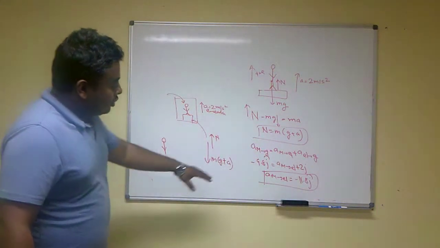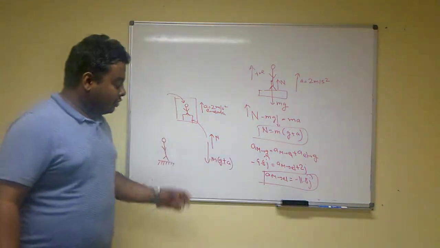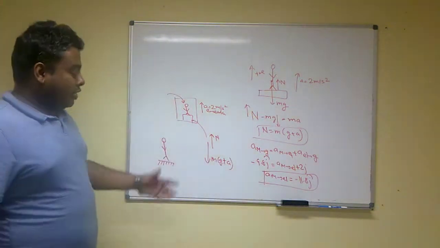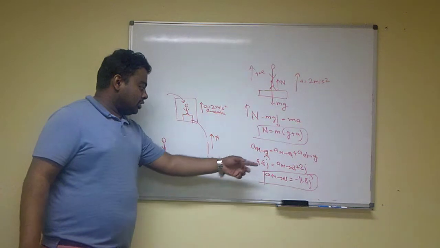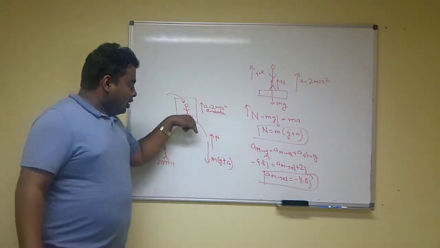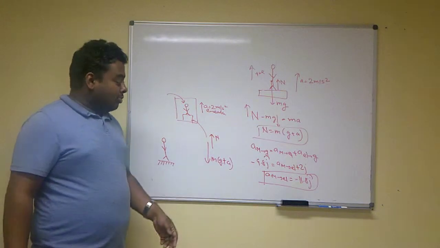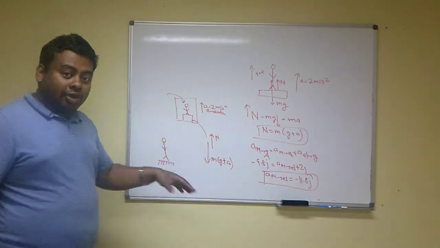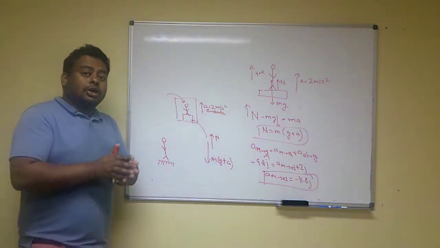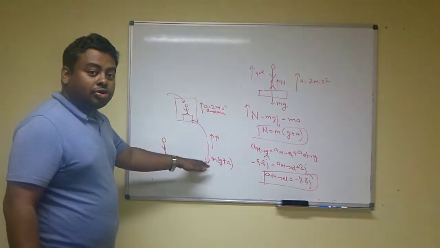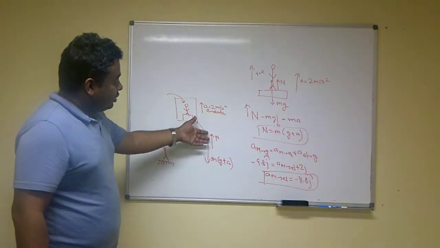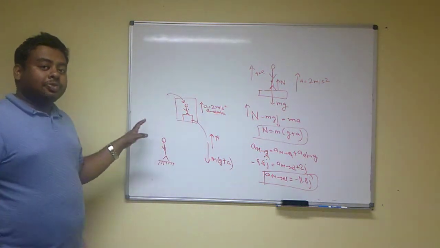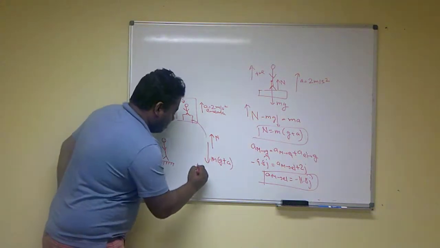Okay, so now you are solving this problem in the elevator frame of reference. You are trying to figure out what is the acceleration of man with respect to the elevator. Since the acceleration of man with respect to the elevator is minus 11.8, or g plus a, this is the force downward. It's no longer mg, it is m times g plus a. G plus a is the modified acceleration due to gravity in the elevator frame of reference. Once you get that, it becomes a pseudo force m times (g plus a), and you can equate this N equal to m times (g plus a), which is very different from when you solve this entire problem in the ground frame of reference. So this will become N equal to m